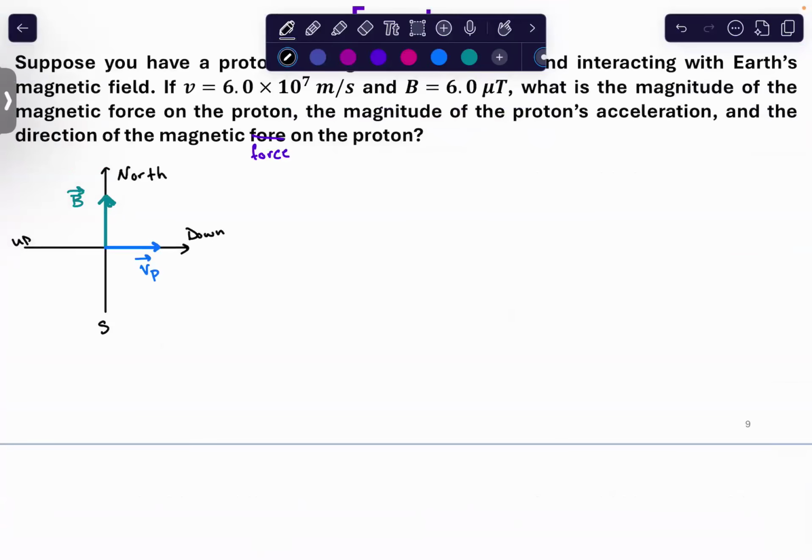Right. So what we need to figure out is the force on this particle, and we'll finish this the next time we meet, but we're going to start with our notion of the magnetic force, which is